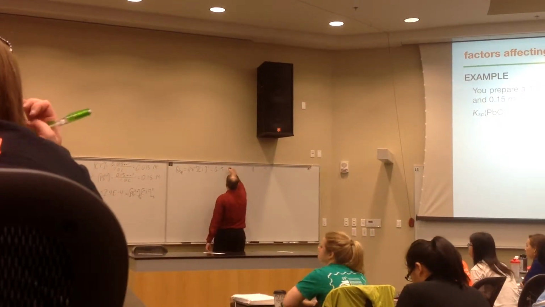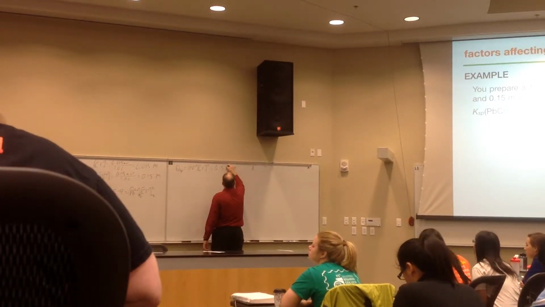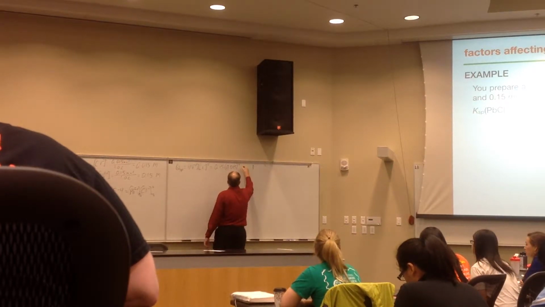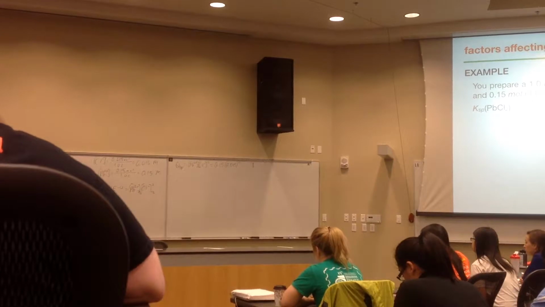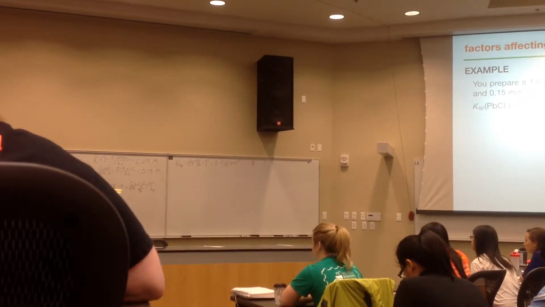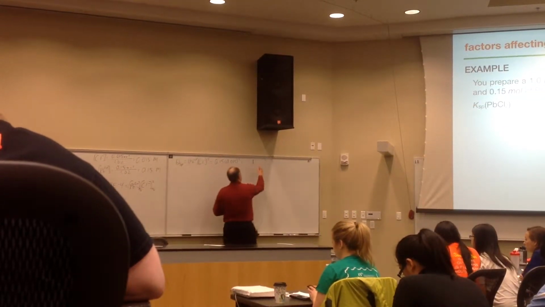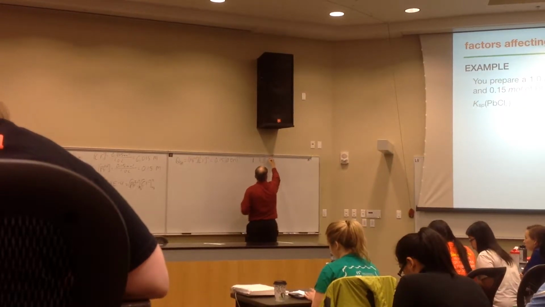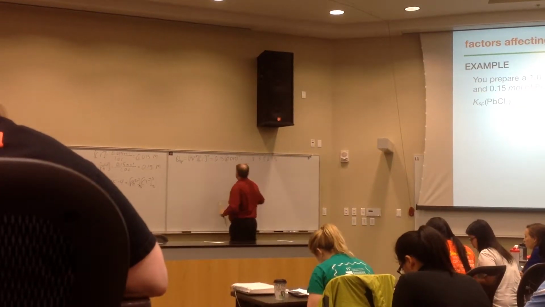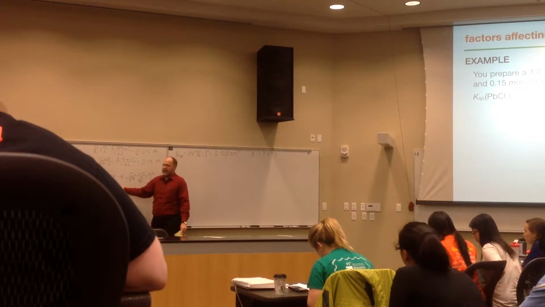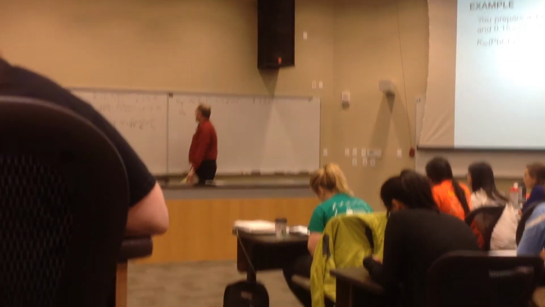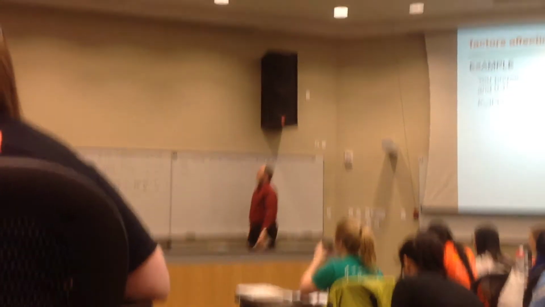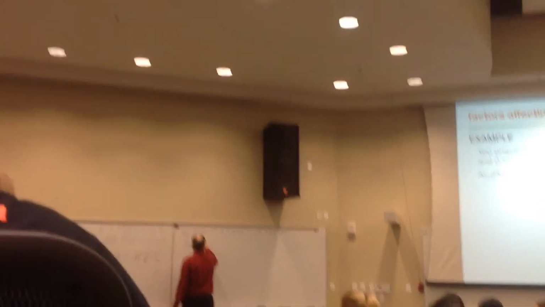0.15 times 0.015 quantity squared, which is equal to, and I'm going to cheat, 3.8 times 10 to the minus 5. If I compare Q to K, Q less than or greater than K? Q is less than K,